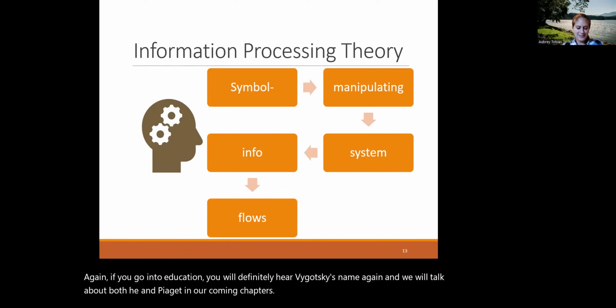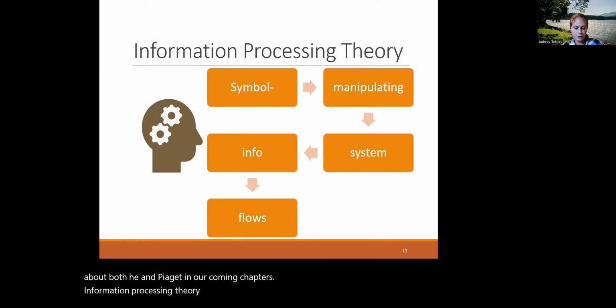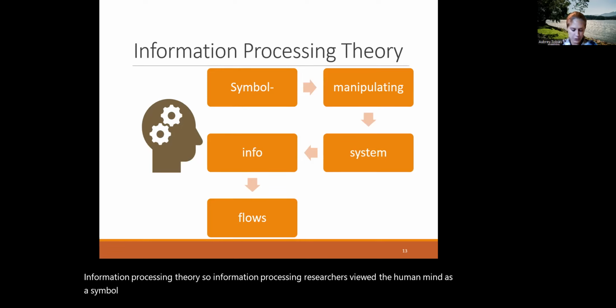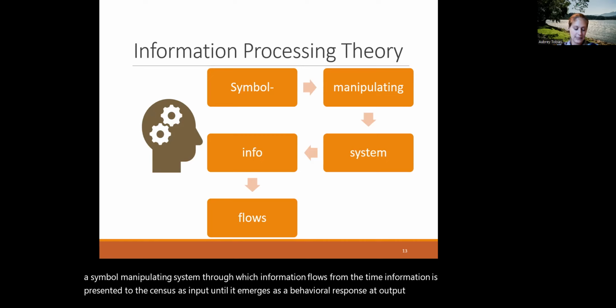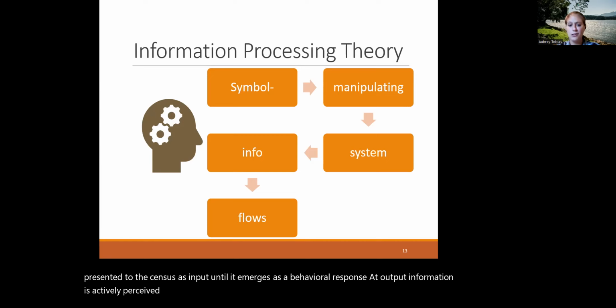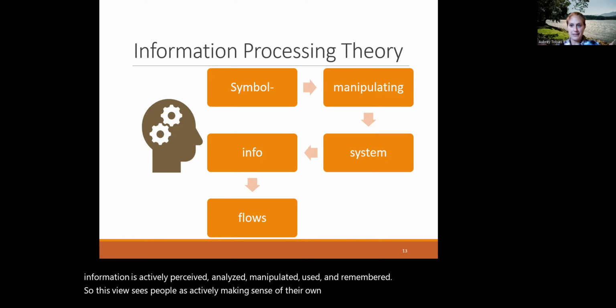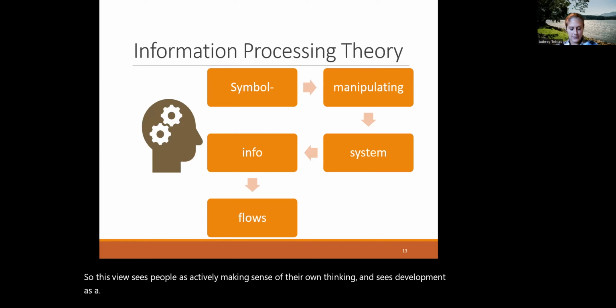Information processing theory. Information processing researchers view the human mind as a symbol manipulating system through which information flows, from the time information is presented to the senses as input until it emerges as a behavioral response at output. Information is actively perceived, analyzed, manipulated, used, and remembered. So this view sees people as actively making sense of their own thinking and sees development as a continuous process